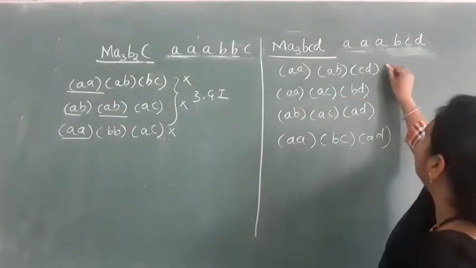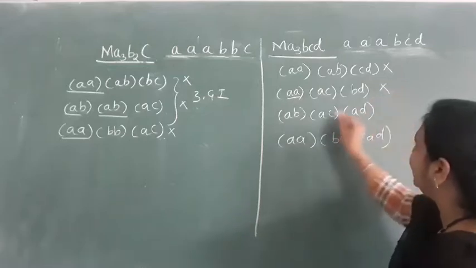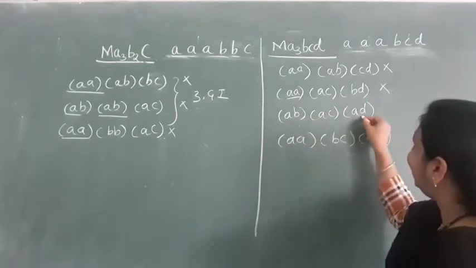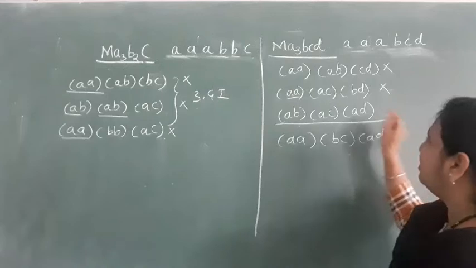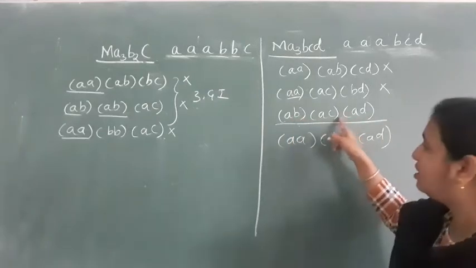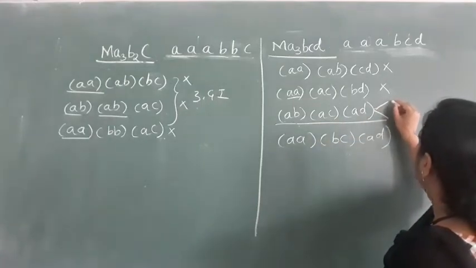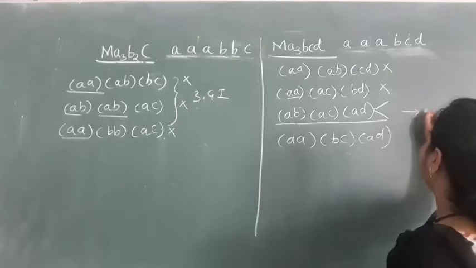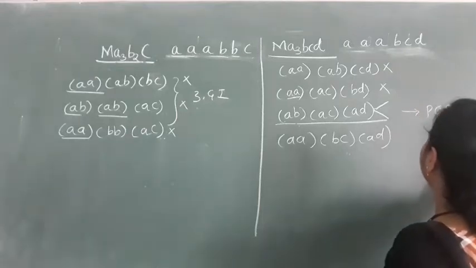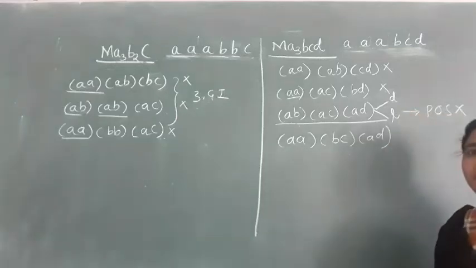Here we have AA, so it is optically inactive. This is also AA, so we have optically inactive here. Here AB, AC, AD. In this case, we don't have AA, and two different ligands of AB type are also not there. So that's why this one will show optical isomerism. Okay, no plane of symmetry in this, no POS here. So that's why optically active, that is dextro and levo, it will form here.